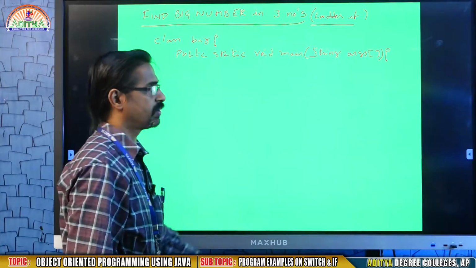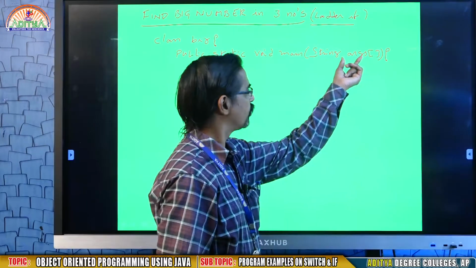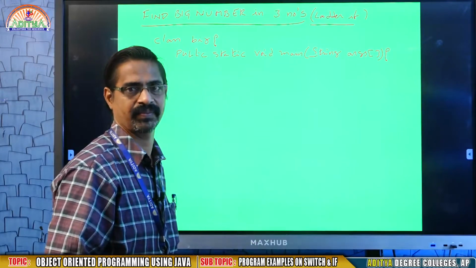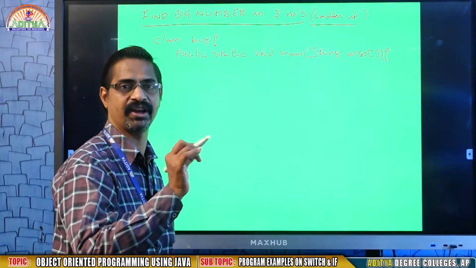That is an array of strings. In the place of args you may write any name, because it is a parameter.